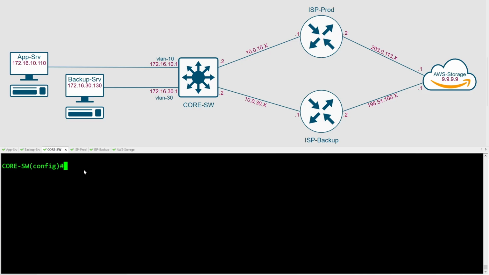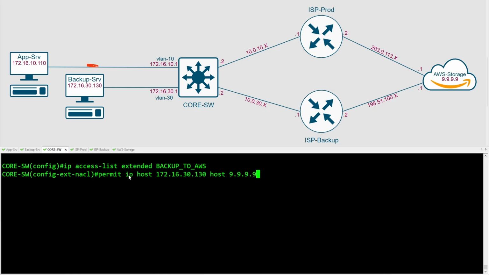So just from the core switch here, the commands are ip access-list extended, and we'll call this backup-to-AWS. We then want to match the traffic. So that's permit ip host, because it's a single IP address, 172.16.30.130, that's the IP address of the backup server, and the destination host, another single IP address, 9.9.9.9, which is